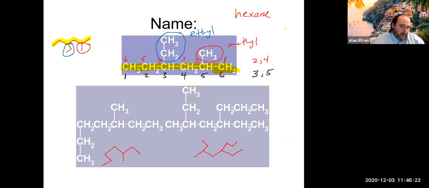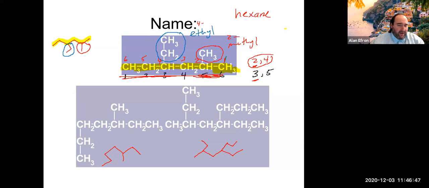carbon 4. So remember, we're going for the smallest number. So again, it is as simple as 2 is smaller than 3. So we would want to go in the red direction, and we wouldn't want to number in this direction. Again, that's going to give our groups the smallest number. So we see going in the red direction, our methyl is at a 2, our ethyl is at a 4,